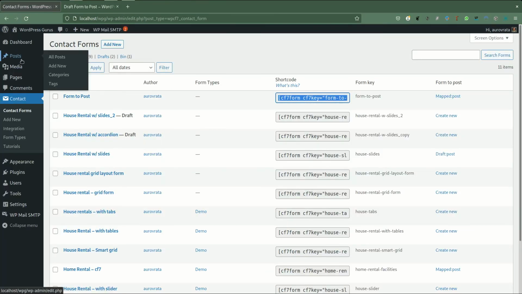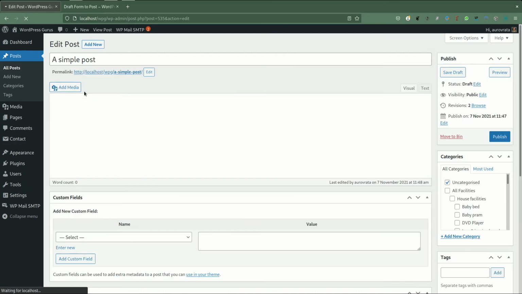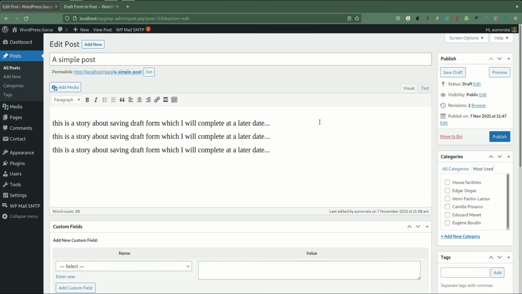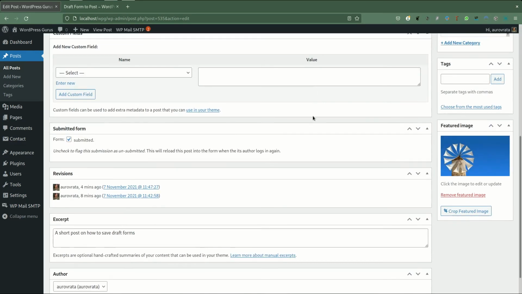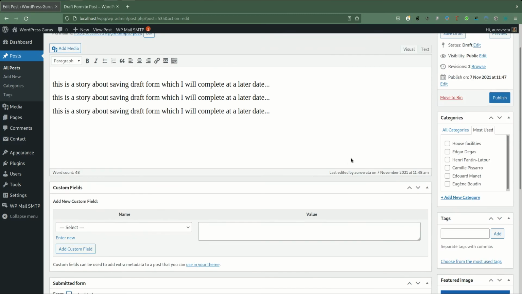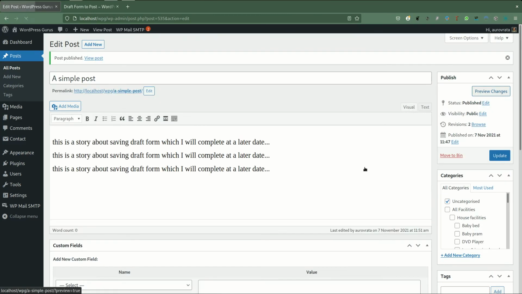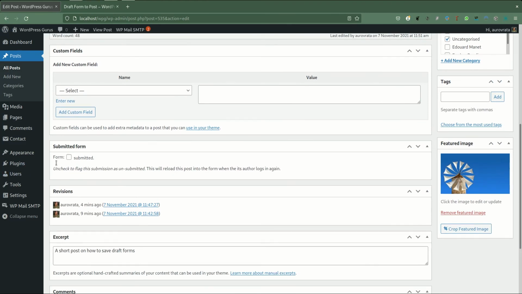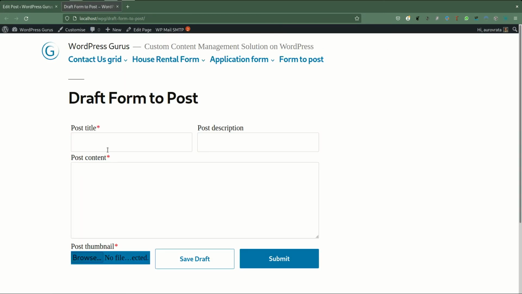back end, if I was to look at our posts, although this form is now being submitted, the submitted form here, the form is being submitted, is now checked, and that actually confirms that the flag in the plugin for this particular post has been flagged as being submitted and not being in a draft mode anywhere. Should I unsubmit the form? In other words, flag this as being in a draft mode, and I should actually publish the form to save it. You see, I've actually flagged it as being unsubmitted,